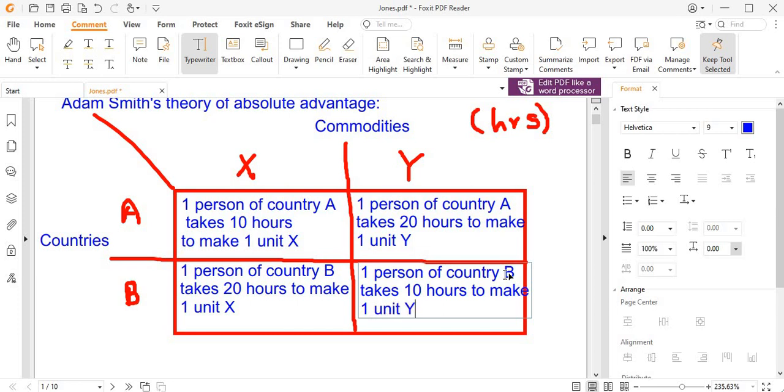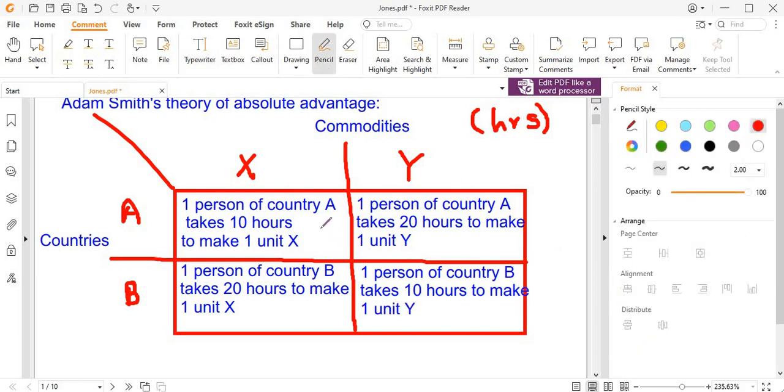1 unit Y. So what usually is written is, you just write 10 here, you just write 20 here, you just write 20 here, and you just write 10 here. But what does that actually mean? I wrote it in blue. So A 10x means